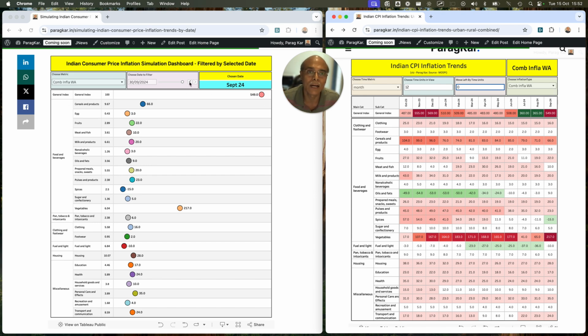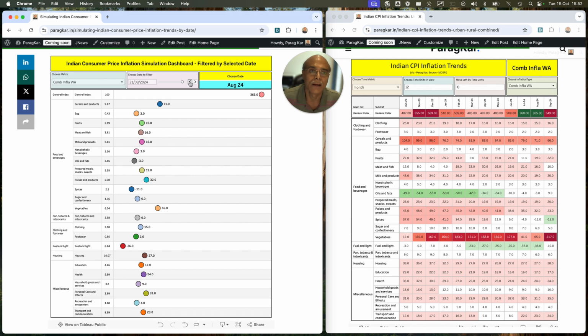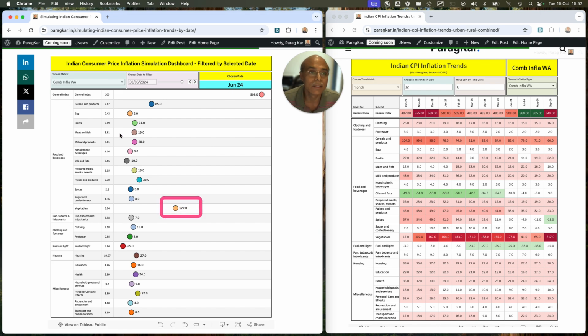And let's use this chart and see how the other items are moving as I press and go back in time, one month after another. As I press, you can see that whenever the vegetable numbers are high, this is again the weighted average. This is not the index, neither is this the inflation number. This is the weighted average, because weighted average is the right metric to compare. It tells us how much of that particular item, because there is a weight attached to it, which is 6.04, and how much of that weight contributes to the overall inflation number here, right? That is what I am trying to say here.